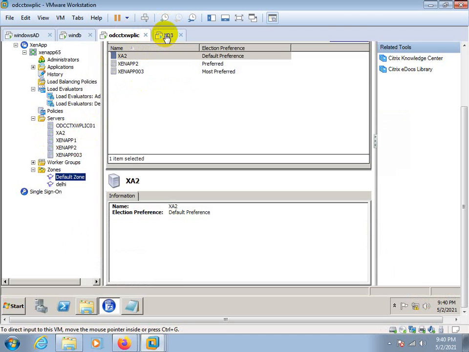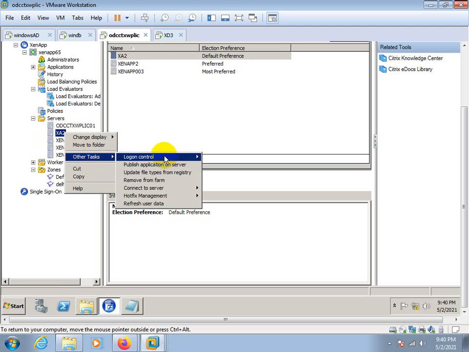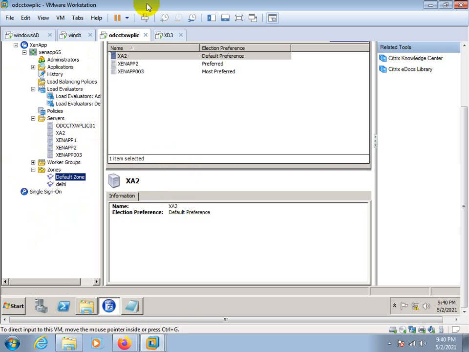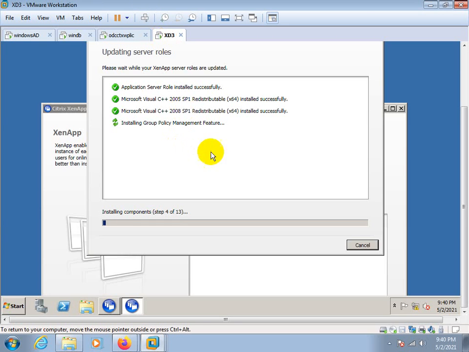All are shown. Yes, it will automatically be added in the server list. If you want to remove any server from this list, right click, remove server from farm. But before that, you need to uninstall the Synapse from the server.